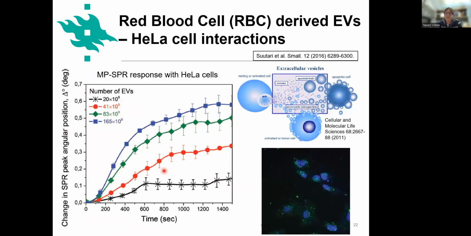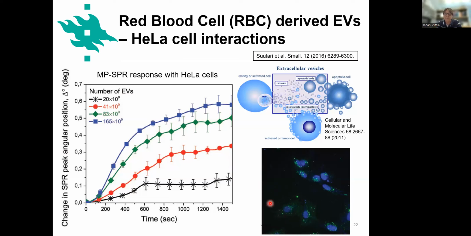Then we just showed as a proof of concept that we can also measure the uptake of extracellular vesicles, and here we use red blood cell EVs to look at the interaction with RBC EVs as a function of concentration, and we can see that there is a concentration-dependent increase in the SPR response, and we can also show by confocal microscopy or fluorescence microscopy that actually EVs are